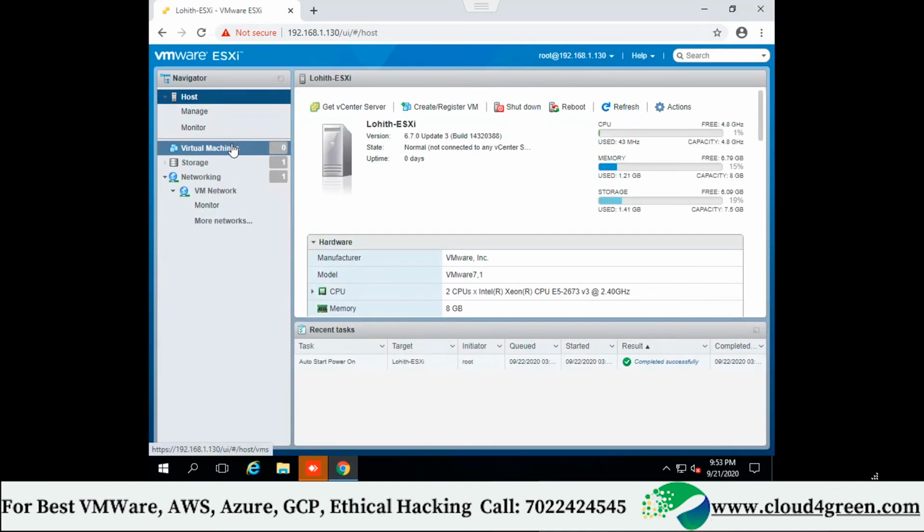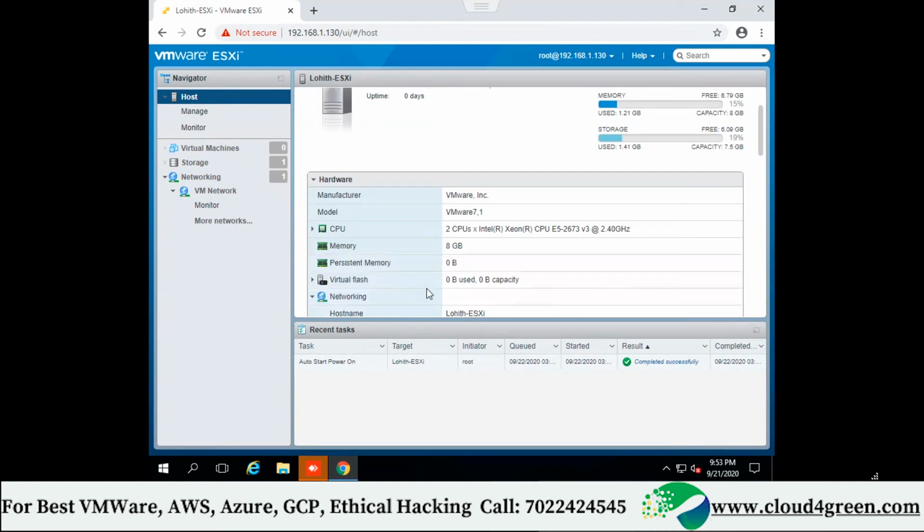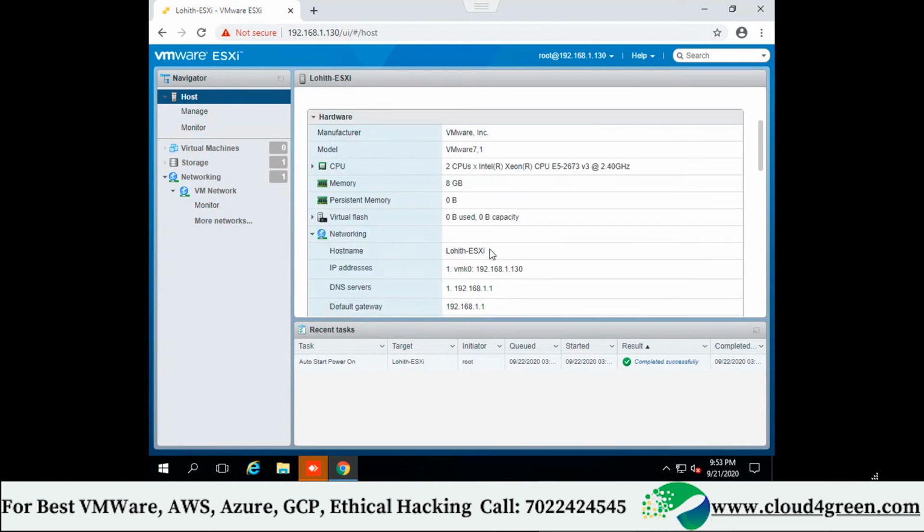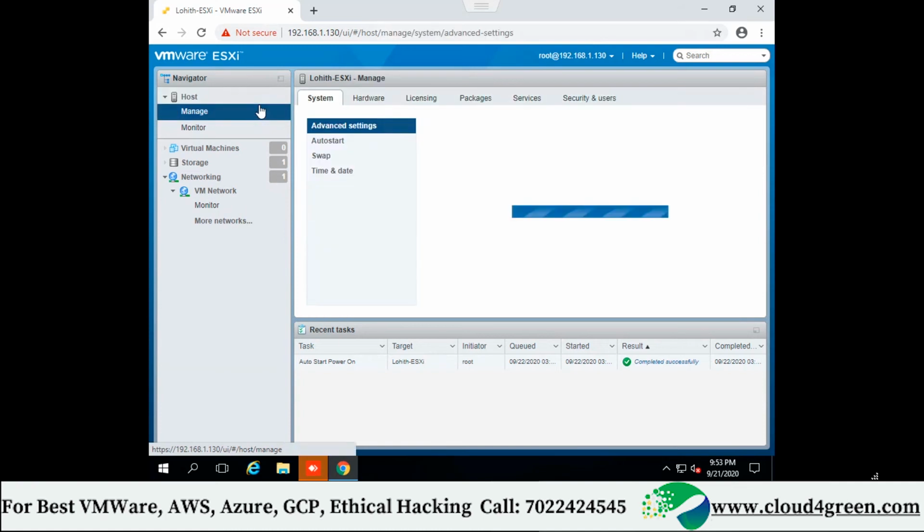Now within this OS you can see the host name and all. When I scroll down, can you see? Correct? Yeah. I want all of you to verify from your end.